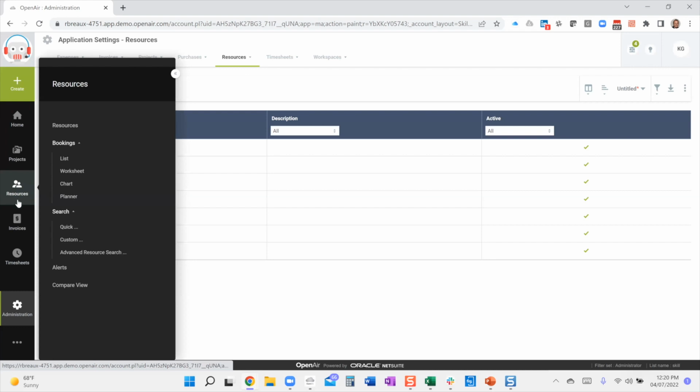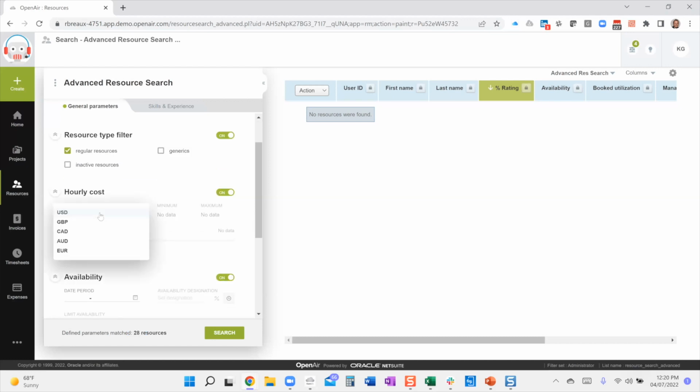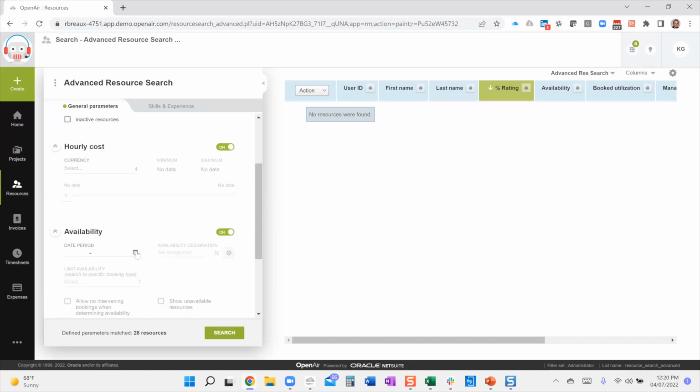So when I come into my resource module, I've got my different search capabilities. Here I can come into my advanced search. The benefit here is I can first save the search, or I can call for a search that I've used in the past. I want to search regular, and you'll see it starts to count the number of folks that meet the criteria. So you can search cost data as well